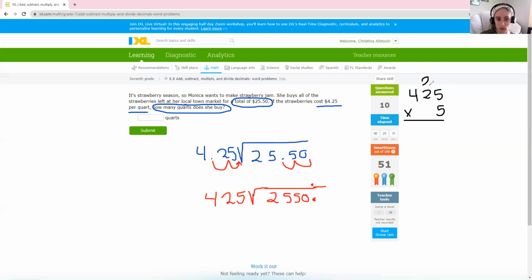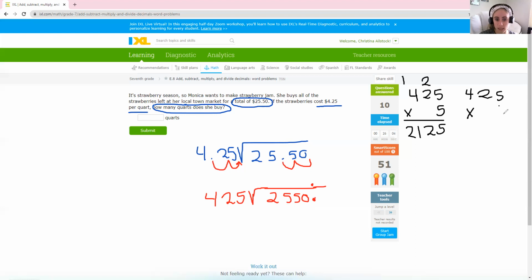Five times 5 is 25. 5 times 2 is 10, plus the 2 is 12. 5 times 4 is 20, plus the 1 is 21. All right, so I have 2,125. That's less than 2,550, but not a ton less, because remember, I'm increasing by 425 each time. So I'm just going to go up one more time and multiply